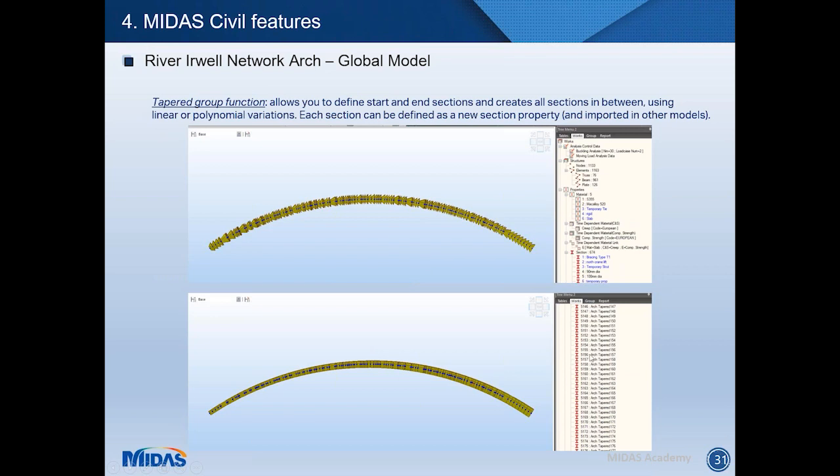In most packages, what you would have to do is either define all of the different sections in a drawing and then import them, or write some sort of script with looping using array copying in CAD, for example. And you would have to go back to your script and change the number of loops that you're running if you need, for example, to add an additional node because the contractor wants to see if they can use a different method of erection for the arch. So I'm going to go to MIDAS and show you how you actually do this very quickly